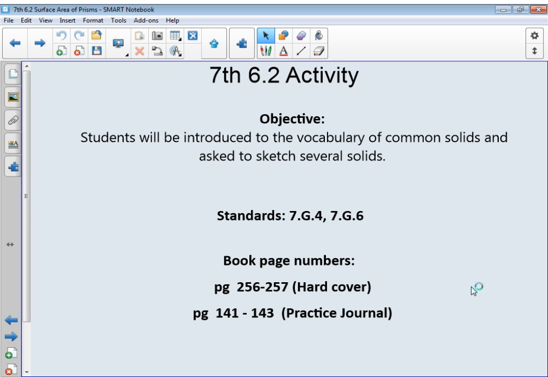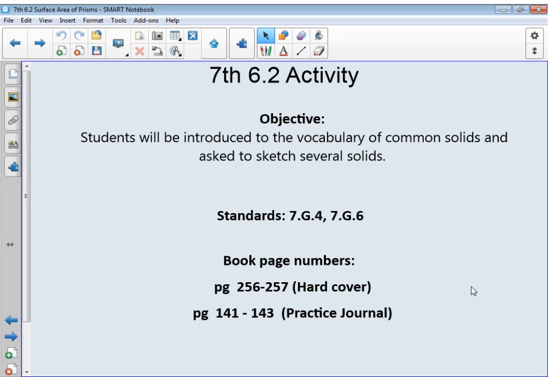Okay, this is 7th grade activity 6.2. Our objective today, students will be introduced to some vocabulary of common solids and asked to sketch several solids. They'll be practicing in this activity actually finding surface area of those solids. The standards covered are 7.G.4 and 6. The page numbers out of the hardcover book are 256 through 257, and out of the practice journal, page 141